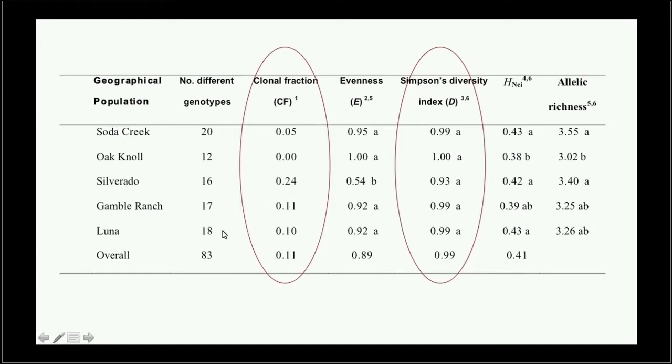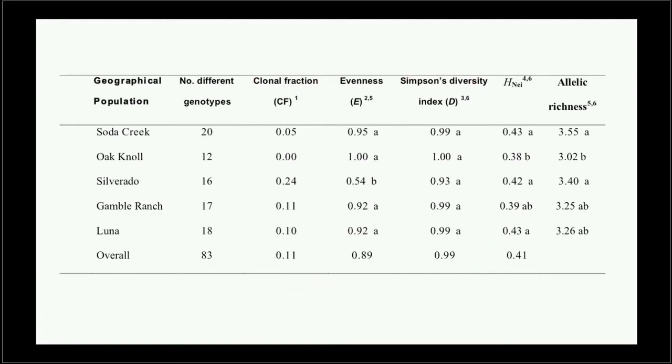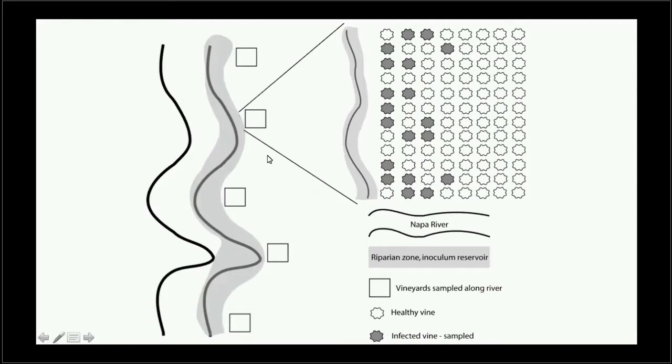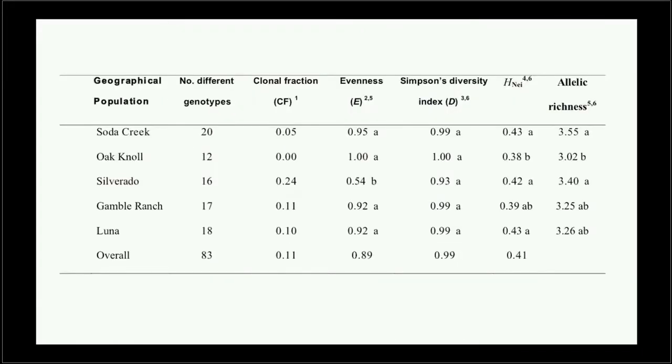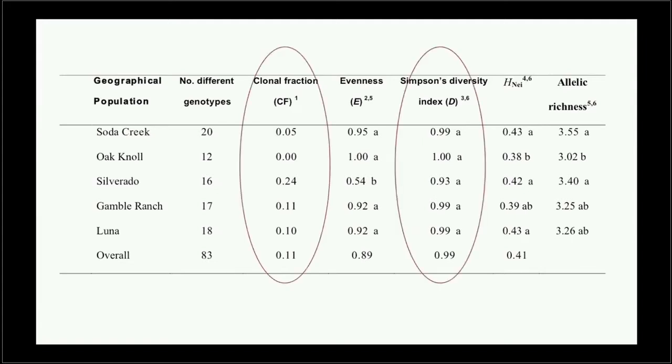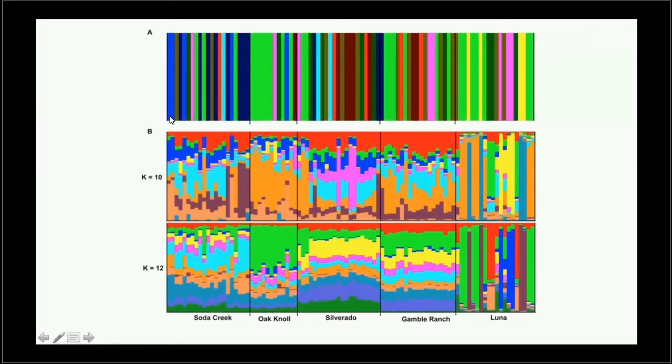Long story short, what really matters is that we had about 93 or 95 different isolates, and we had 83 different genotypes. So essentially every single isolate that we got from a 10-kilometer stretch of Xylella from Napa was, at the population level, different genetically, even though these are all the same ST. In addition, which was really cool, each one of these lines represents one isolate. So this represents one tree, one vine from one vineyard.